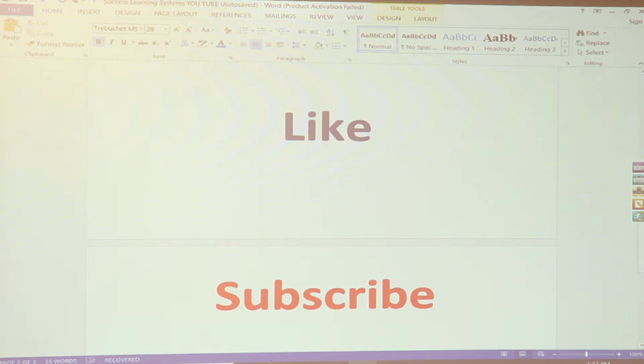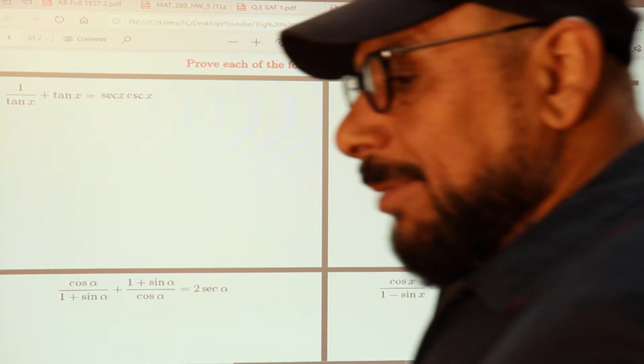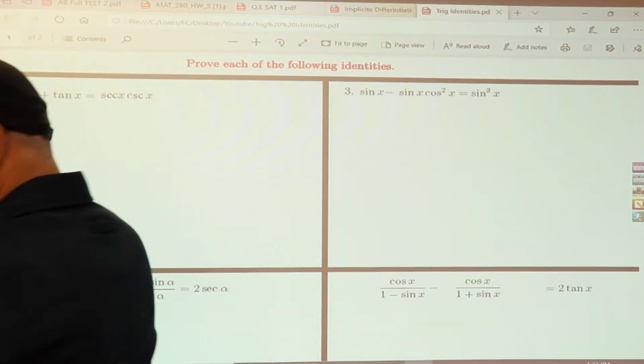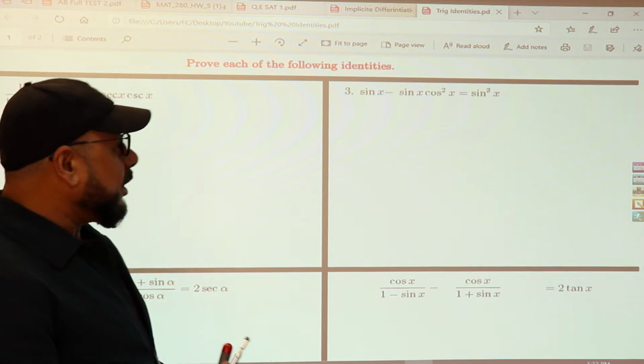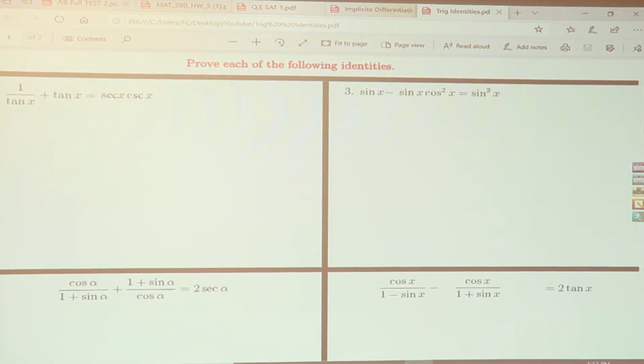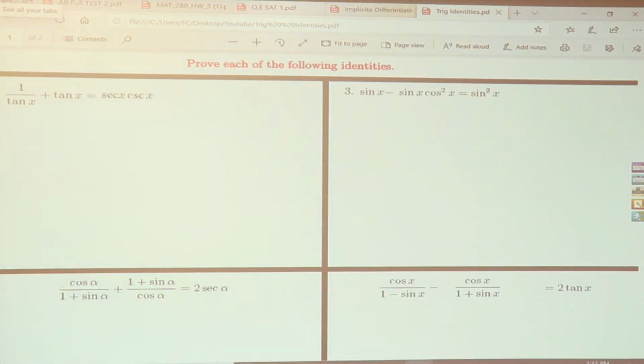Let us start and see what we have. I'm gonna have only 16 minutes for this class. Okay, let us start with the first problem. We want to verify that